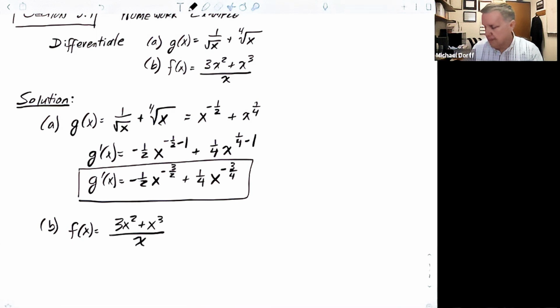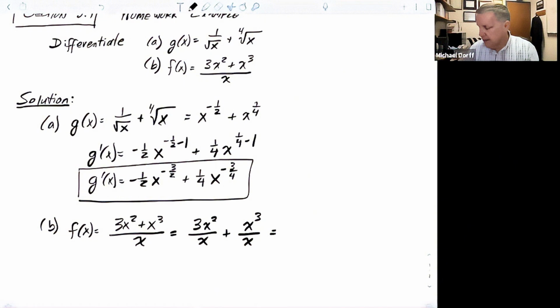over x. We're going to use the power rule on this one, but you're going to say, wait a minute, I don't have x to some power here. I've got a numerator and a denominator. Well, in a problem like this, what you can do is rewrite this as taking the 3x squared in the top and dividing it by the x, plus the other term on the top, x cubed, and divide it by x. All right, so we're going to break this original problem into two different fractions,